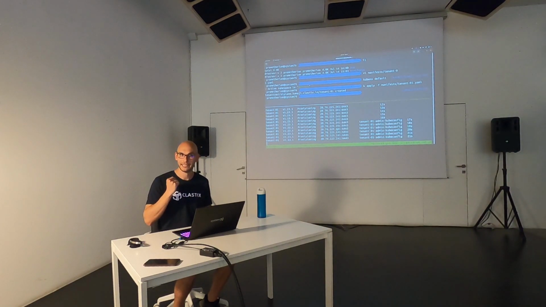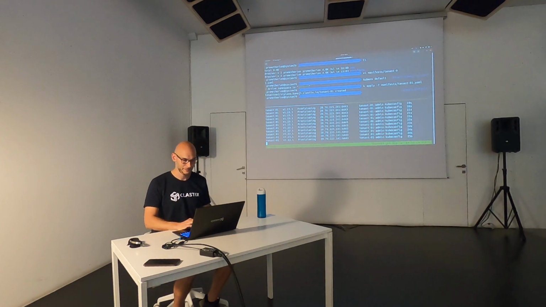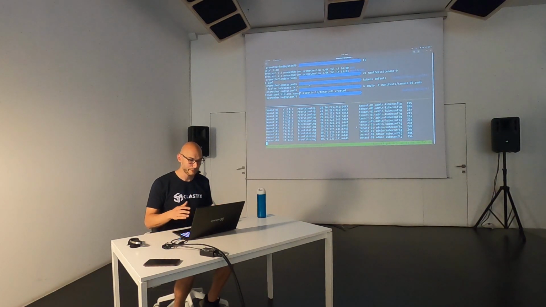But obviously, I need a kubeconfig. And this is the secret name of the kubeconfig that I have to use to connect to this tenant control plane. So in a matter of 40 seconds, because images should already be cached, it should be ready, and it is. We got our Kubernetes cluster deployed.